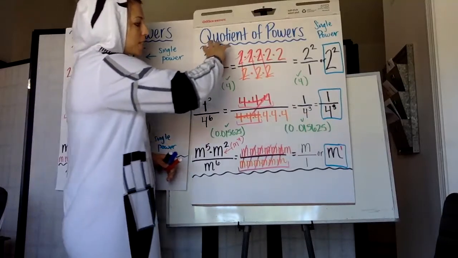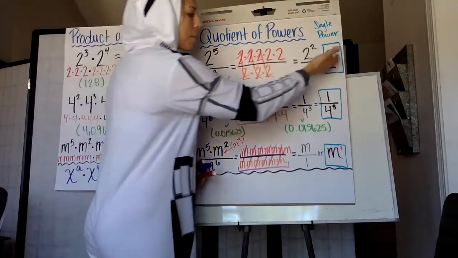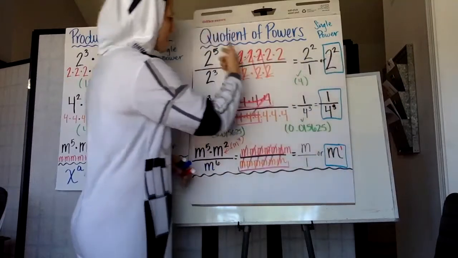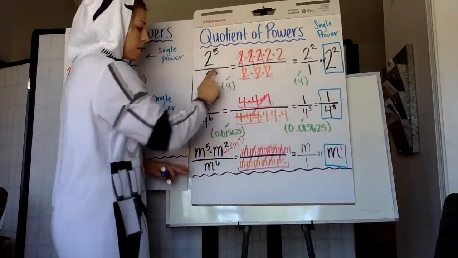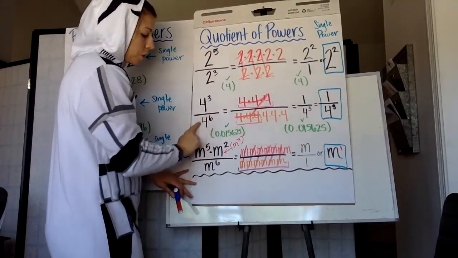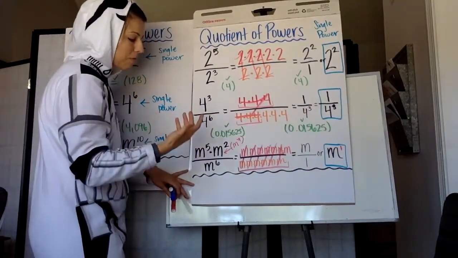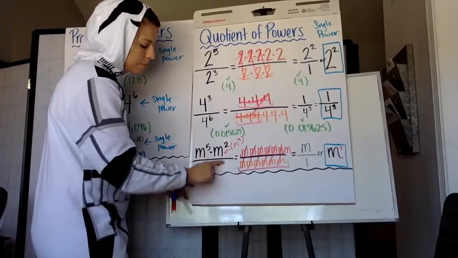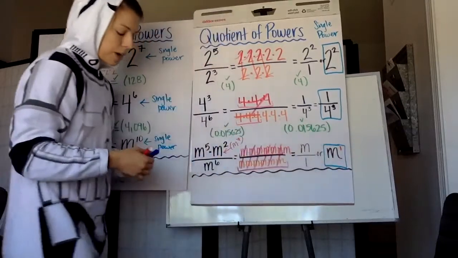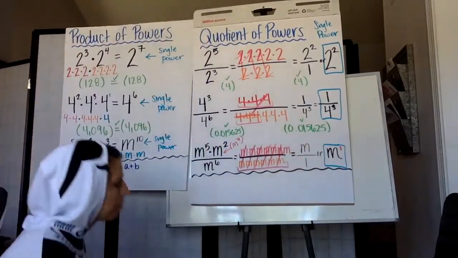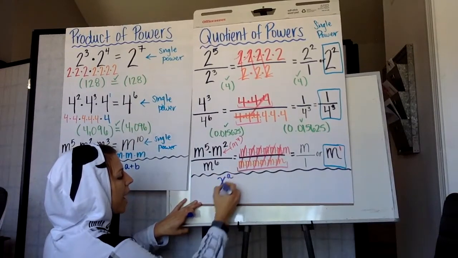So really, I looked at which one had more, and then after subtracting them, my answer had that as an exponent. 5 minus 3 is 2 to the 2nd power in the numerator, because the numerator had more. 6 minus 3 is 4 to the 3rd power in the denominator, because the denominator has more. By more, I mean more factors. And m to the 7th divided by m to the 6th, 7 minus 6 is 1 in the numerator, because the numerator had more. So that means when I have a quotient, like let's say x to the a power